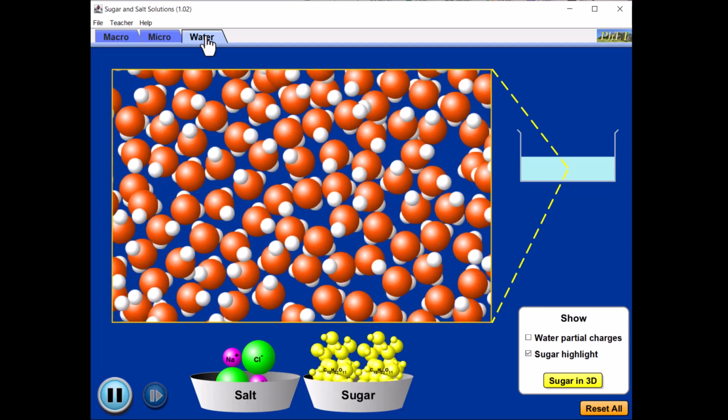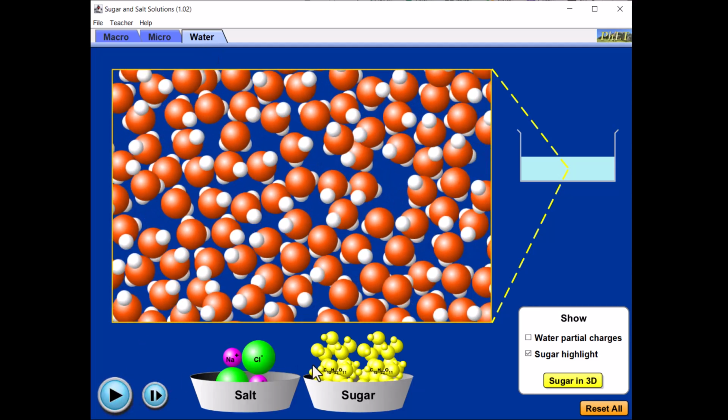Wow, there's a lot of action going on here. So let's pause this for a moment and try to see what's happening. In order to understand this, we have to recognize that here we've got our water molecules. Each water molecule is comprised of a red oxygen and those two white hydrogens. And if we look at this, we might start to see that there's some orientation that tends to happen in this space. That typically what we have is our white hydrogens that are near or attracted to those